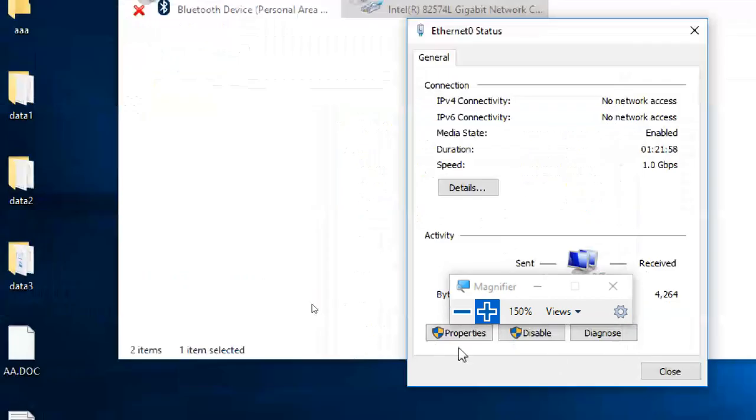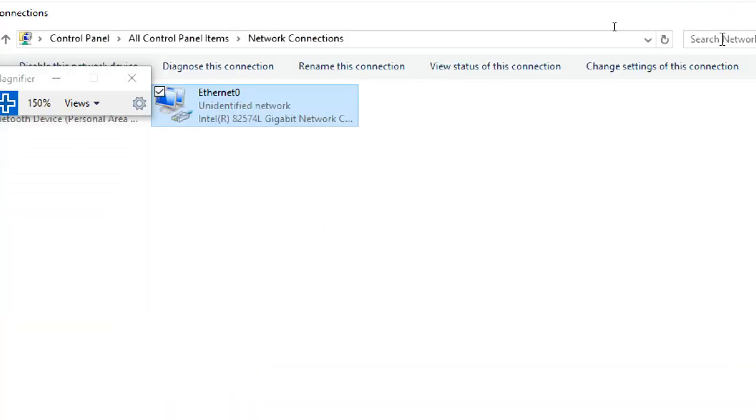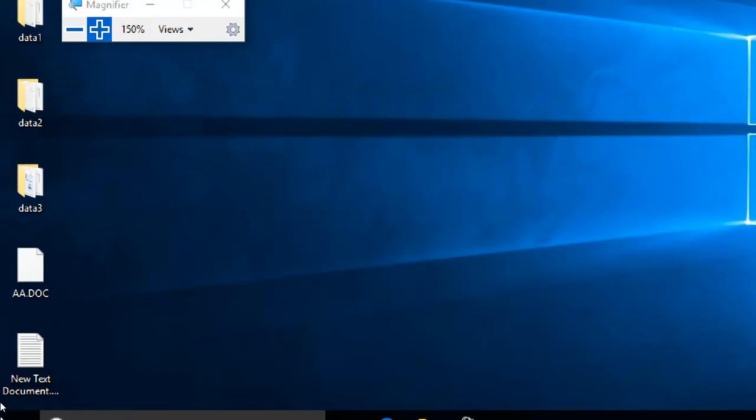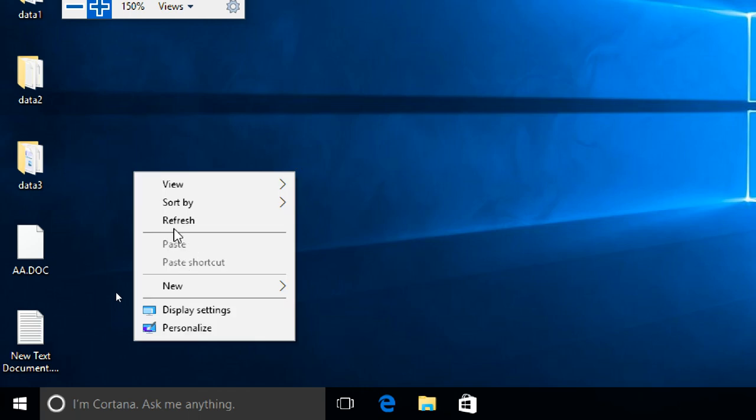Properties. Why is it disturbing? Just refresh. It is giving a problem again. Sometimes it happens to PCs because of last updates or pending updates.